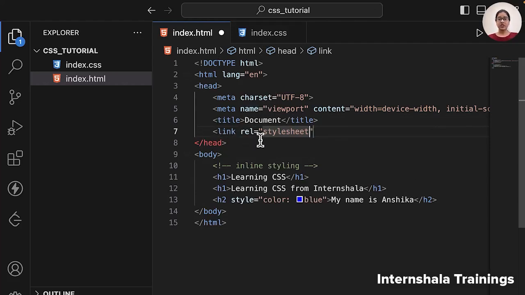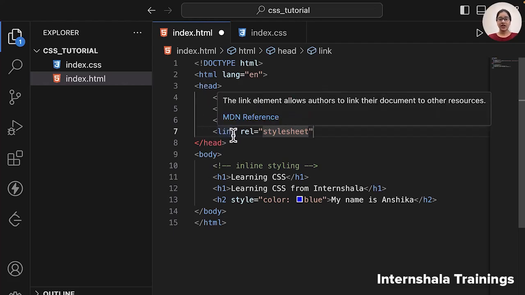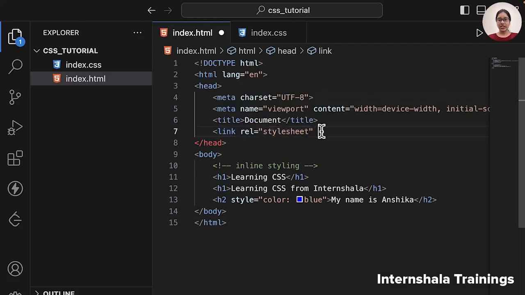Notice, as I already told you, whatever you want to display on a screen comes in the body tag. And whatever is the information about the document, whatever separate files we want to link, all those things we have to write in the header tag. Now here we are saying link rel equals stylesheet, that this is a style sheet type, and